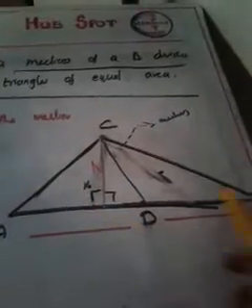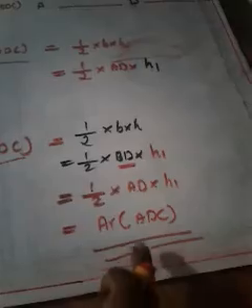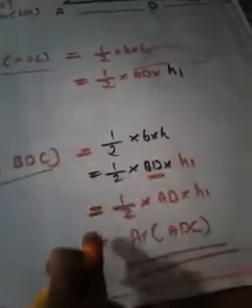That means when you draw a median, the entire triangle will split into smaller triangles, and the areas of both triangles should be equal. That we proved already. Area of the first smaller triangle and the area of the second smaller triangle are equal. You may have understood it well, isn't it? And we have proved that the median of a triangle divides the entire triangle into two triangles of equal area. And by this concept, we reached the end of the chapter.